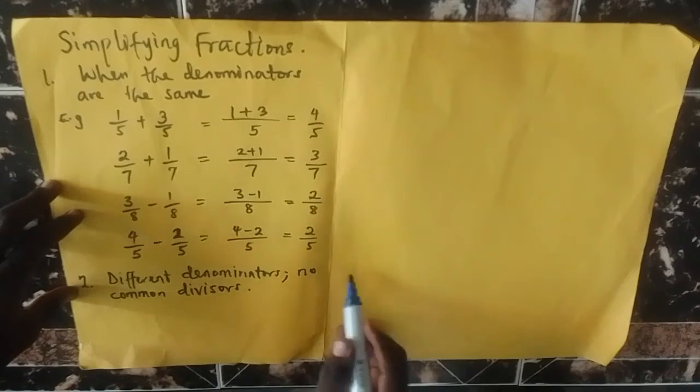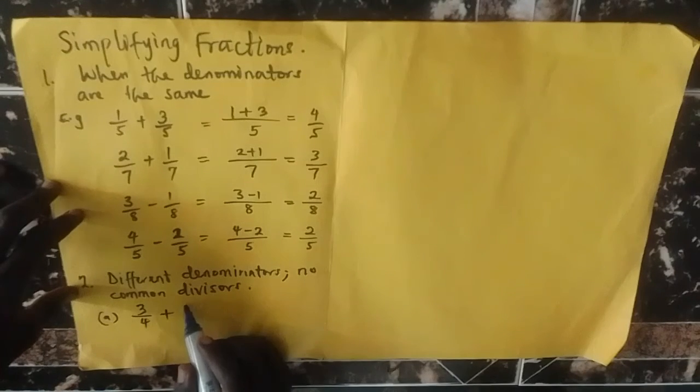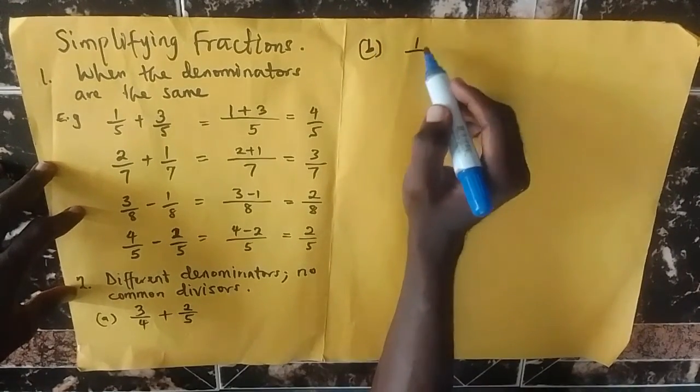Different denominators, no common divisors. Say A, 3 over 4 plus 2 over 5. And B, we have 1 over 3